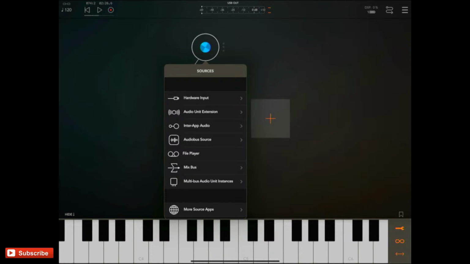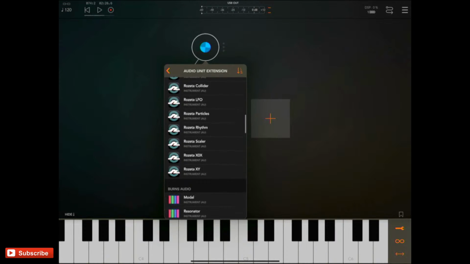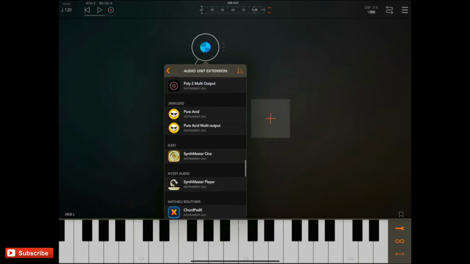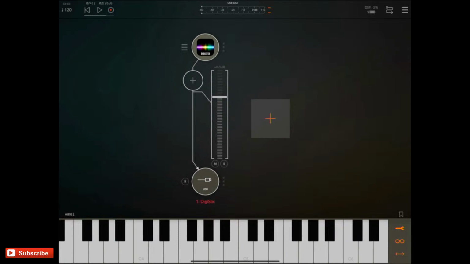Because not only can you add a MIDI controller in here, you can add anything that's MIDI, any kind of MIDI controller. So I have here my drum kit, so we'll do that. And let's do it this way by adding an audio unit extension, and we are going to go down here to Digisticks by 4 Pockets. Okie doke. So there is Digisticks. You can see it sitting up the top there, waiting to go. If we click on it,